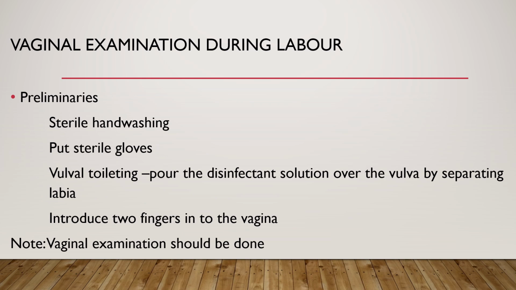Next is bimanual examination or vaginal examination during the labor. Here also you should perform the sterile hand washing, surgical hand washing. Then you should put on gloves. We are supposed to perform the vulval toileting, pour the disinfectant solution over the vulva by separating the labia. Introduce two fingers into the vagina, and